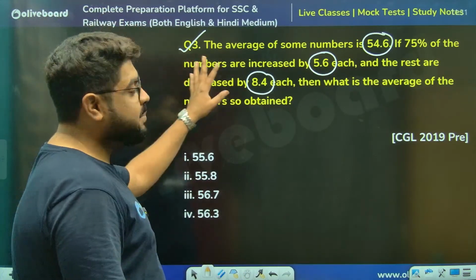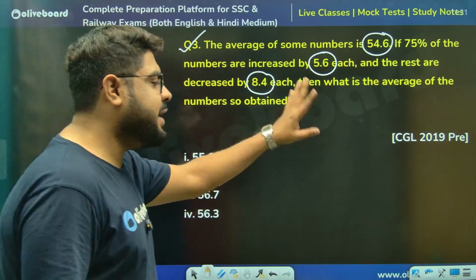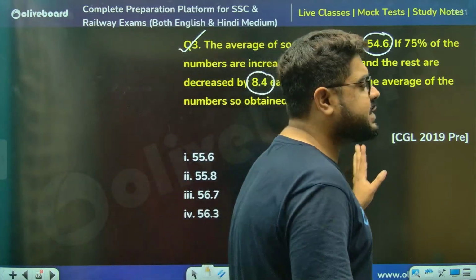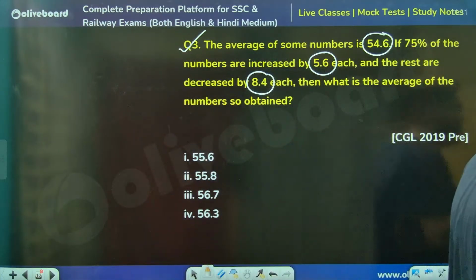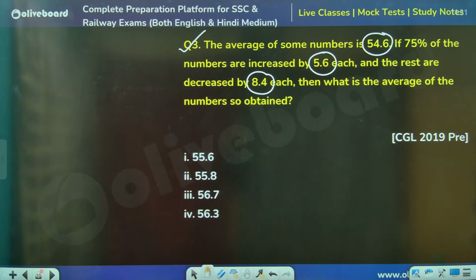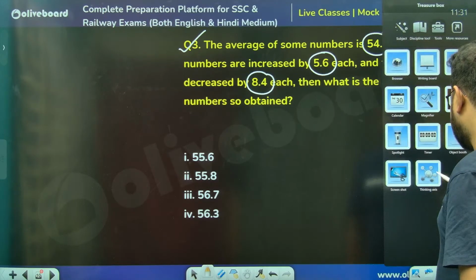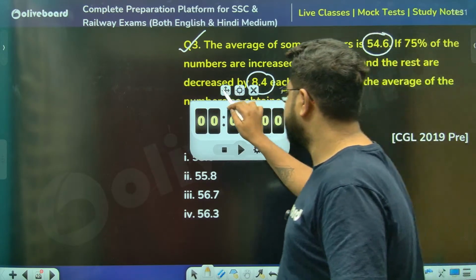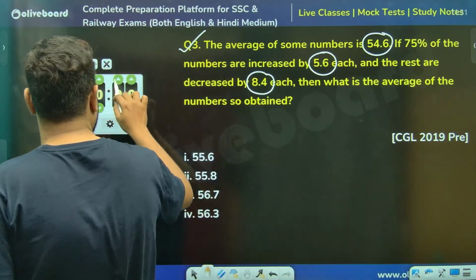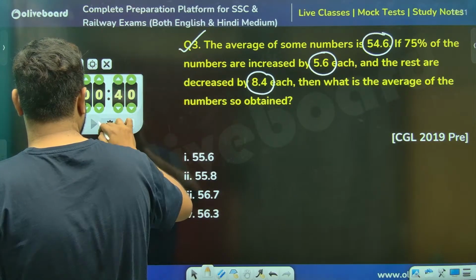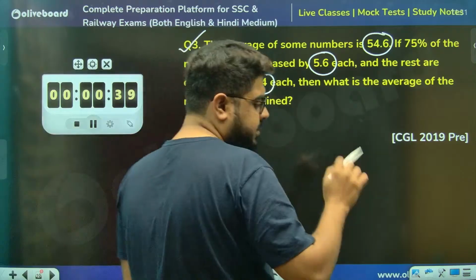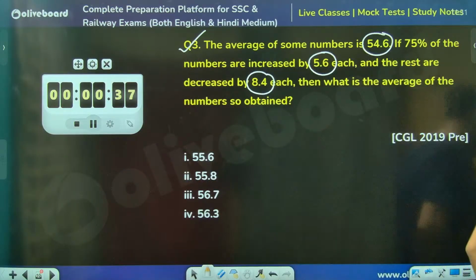And this is a very important type, gets asked very often. It is asked in CHSL also, in CPO, in NTPC also you get asked this question, right? Let's go, sir, everyone please solve this. I am giving you guys 40 seconds to solve this. If you have understood the last concept, it's the same question, a very similar question. Please solve this, sir.